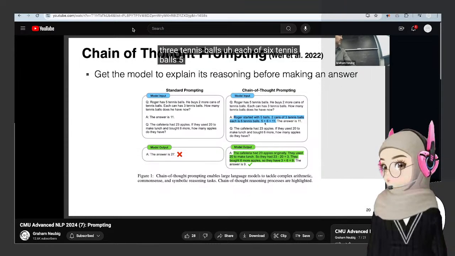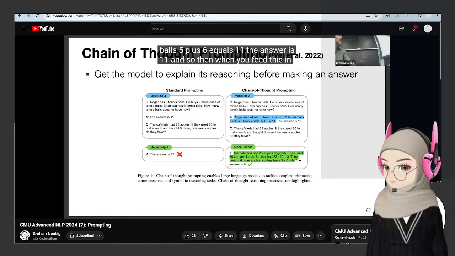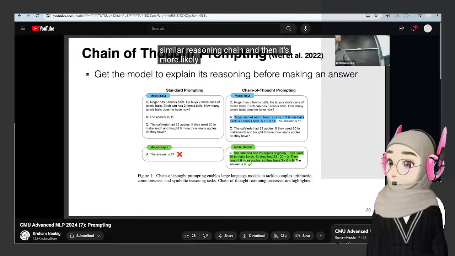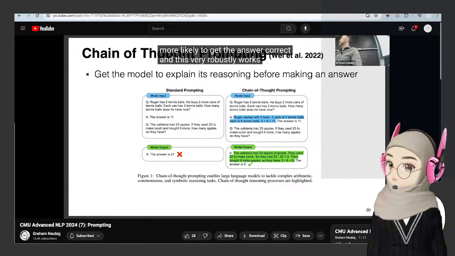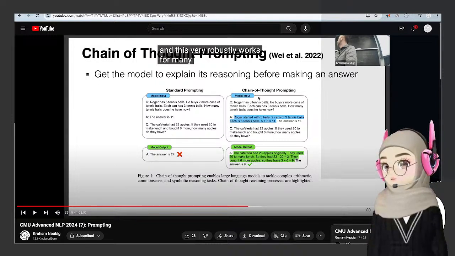Each is 6 tennis balls. 5 plus 6 equals 11. The answer is 11. And so then when you feed this in, basically the model will generate a similar reasoning chain, and then it's more likely to get the answer correct. And this very robustly works for many different